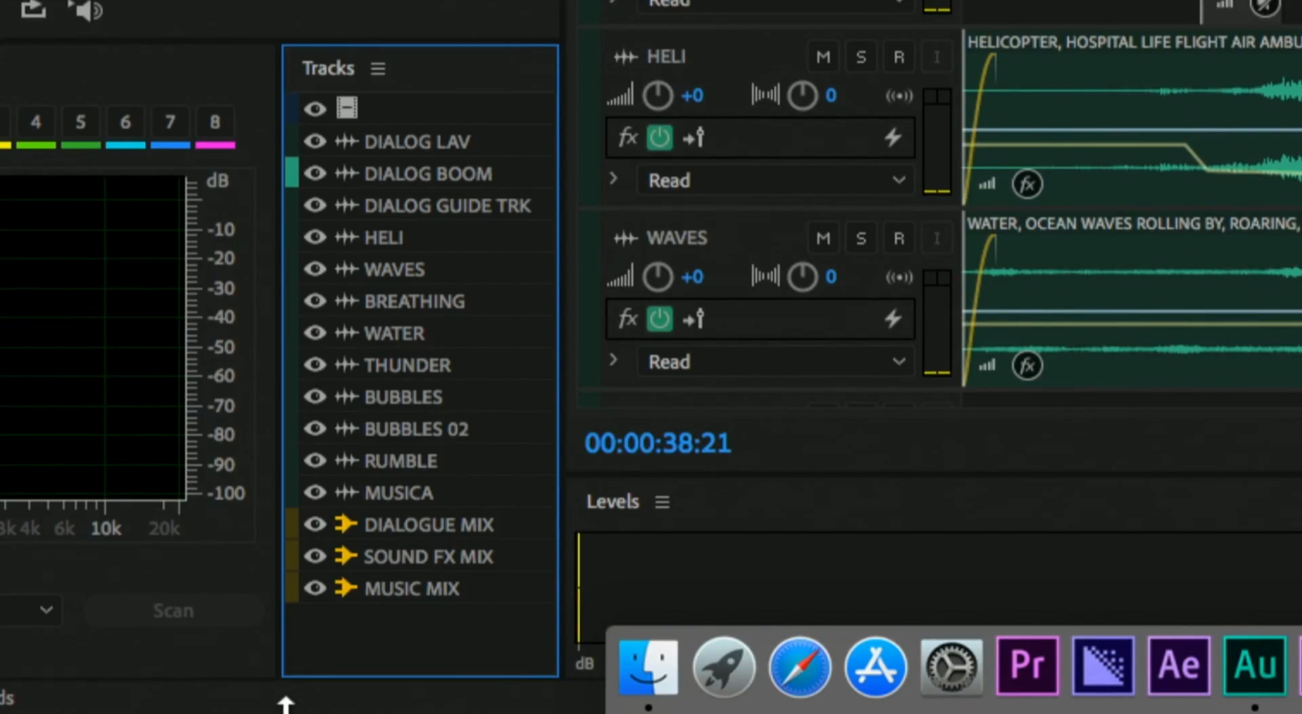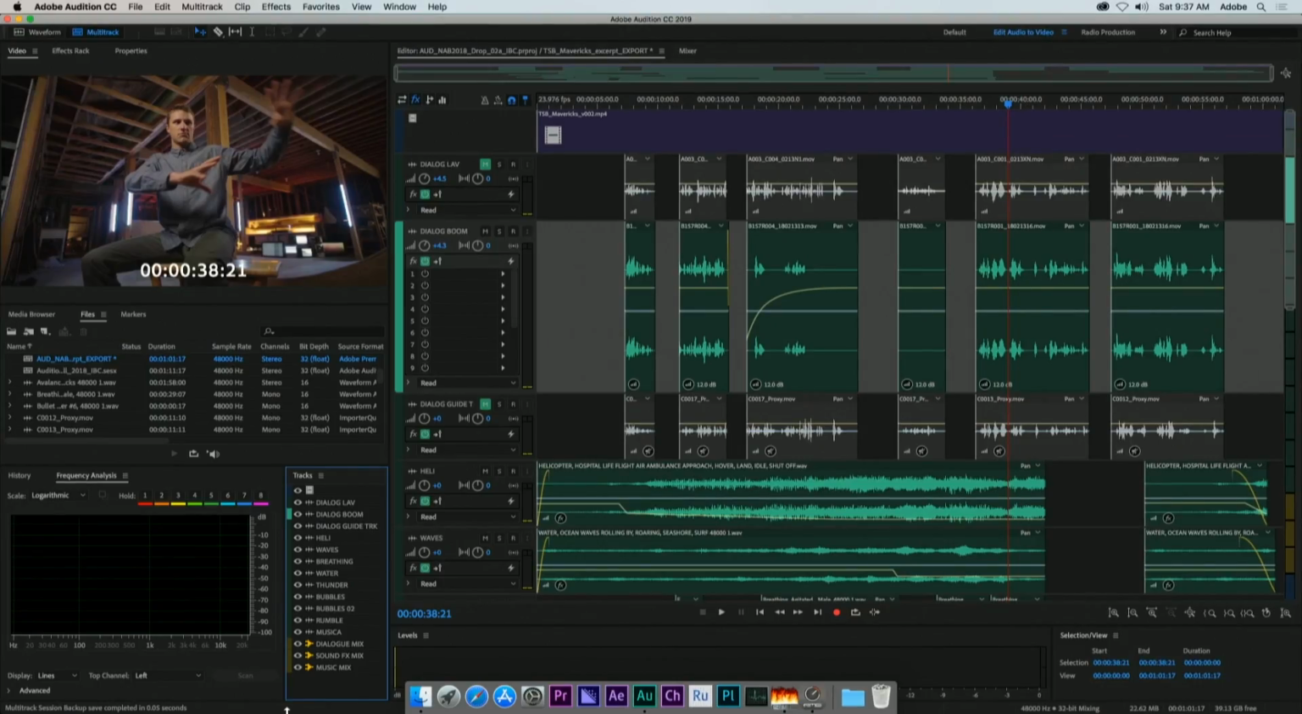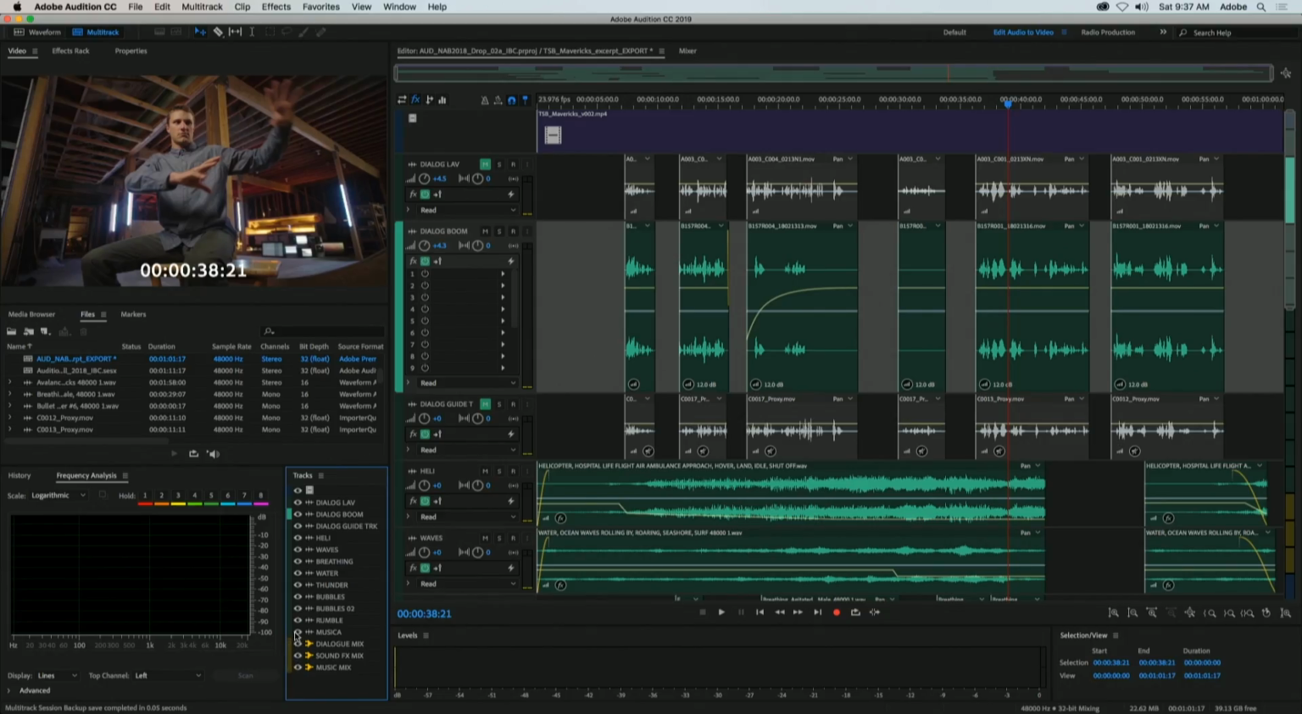And as you might guess, as you can see by the familiar Adobe eye icons, you can enable or disable the view of tracks that you do or don't need to see inside the multi-track view. So if I wanted to solely work on mixing dialogue, I can simply disable by turning off little eyeball icons,